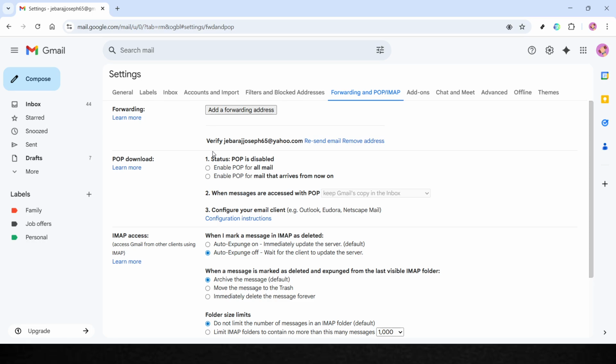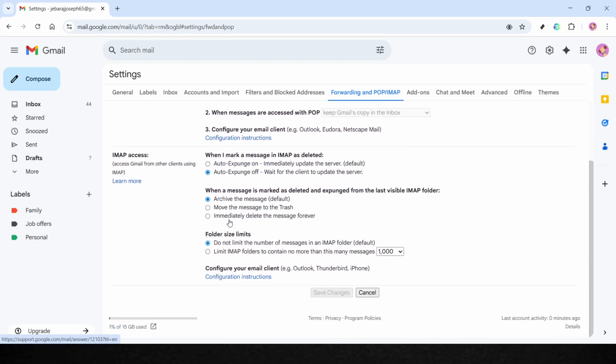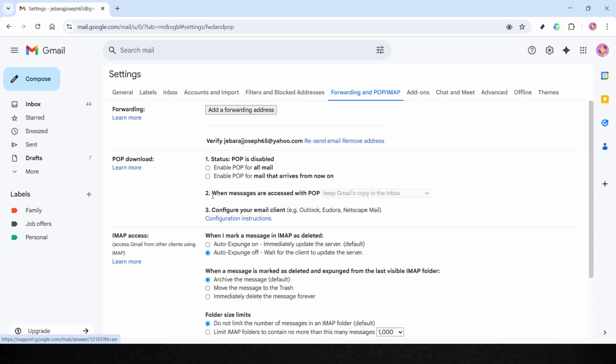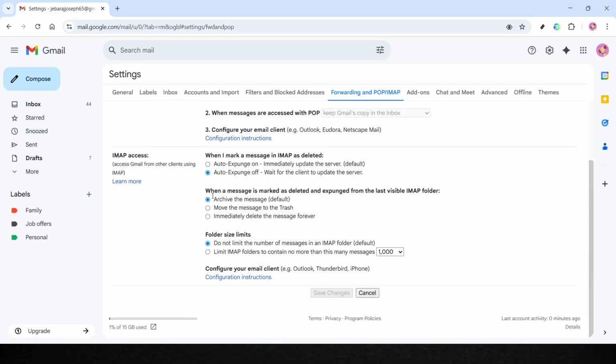The next step is to decide how you want email forwarding to work. Return to the Forwarding and POP/IMAP tab if you've navigated elsewhere. You'll see an option to forward a copy of incoming mail. Click the radio button next to this option, then, from the drop-down menu, select what happens to the emails you've